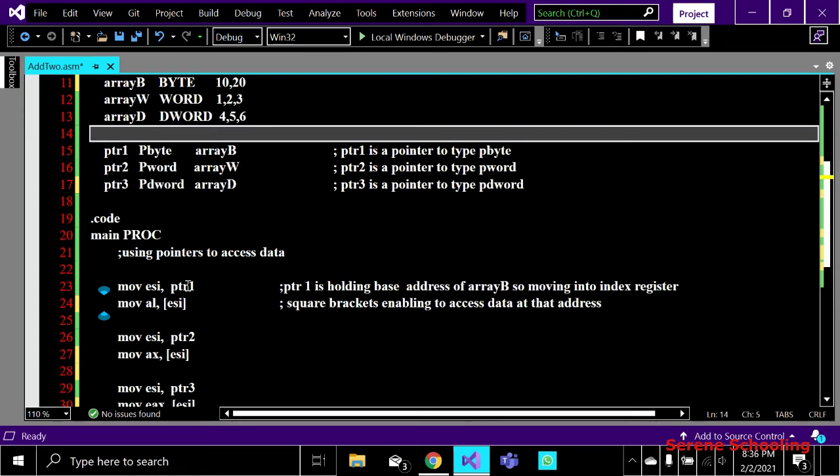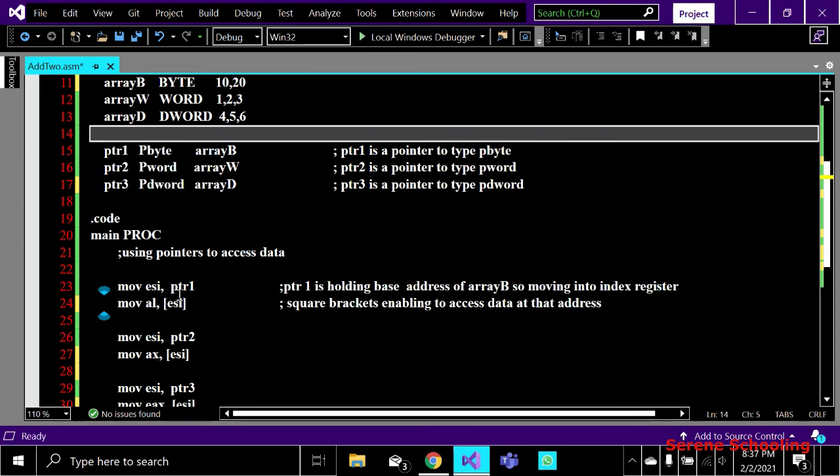So ptr1 is holding the address of array b, and that base address is getting stored in ESI, that is the source index register. Here just the base address is getting stored, not any value but the base address.